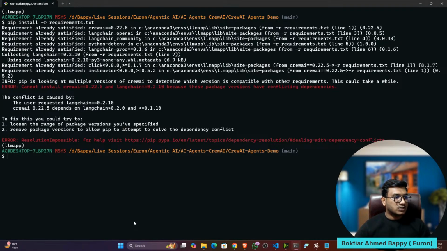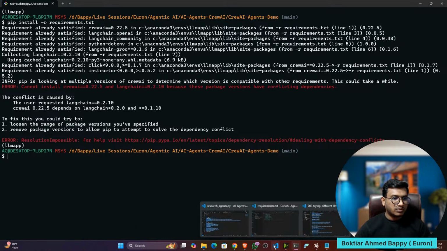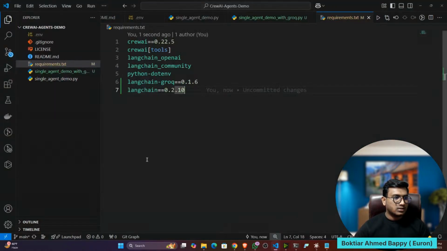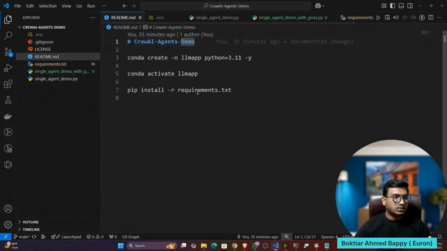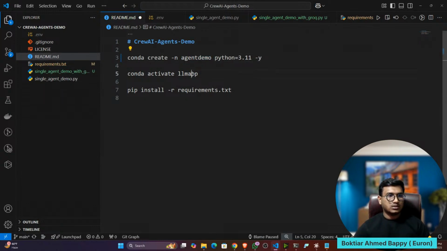Conflict caused. Okay, so what I can do, maybe I can create a new environment. That would be fine. So let's create a new environment. I'll name it agent demo. This is the environment I'm going to create.